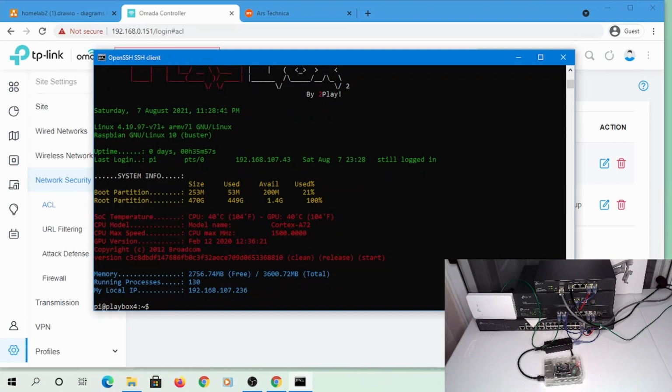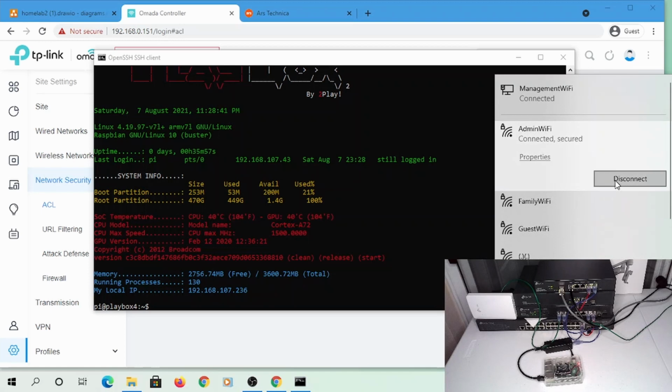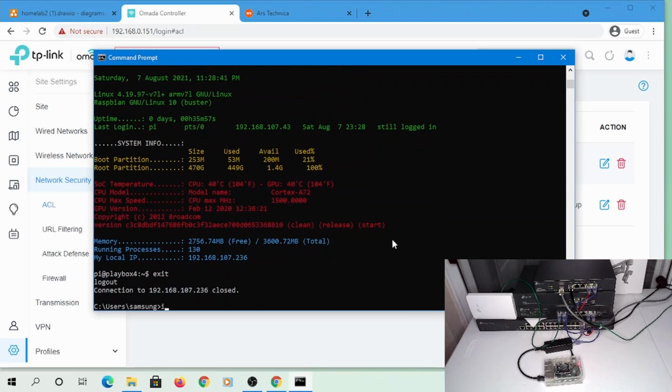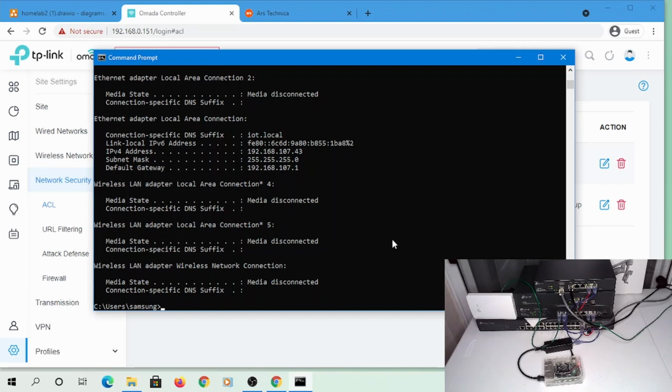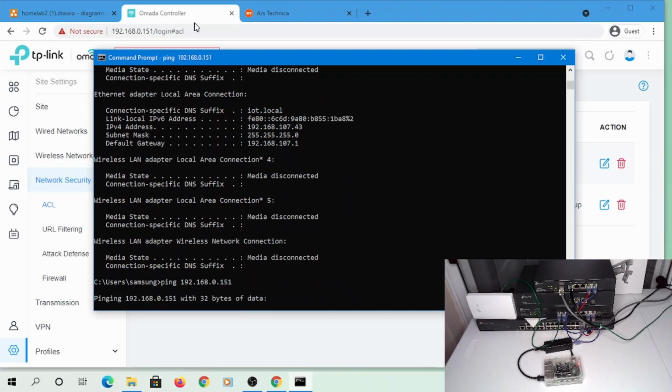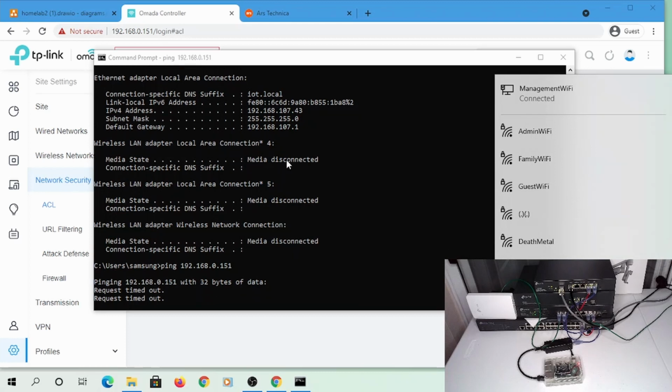So let me see if I'm connected to the Wi-Fi VLAN, just to make sure I'm not making any mistakes here. Yeah, I'm still connected here. So let me just connect here, and let me exit ipconfig. Okay, so now I will not be able to connect to my devices again, because now I cannot ping them again, 0.151, which is my controller. And the reason is I disconnected my Wi-Fi, which bridges the gap between my black network and the admin Wi-Fi. So anyway,